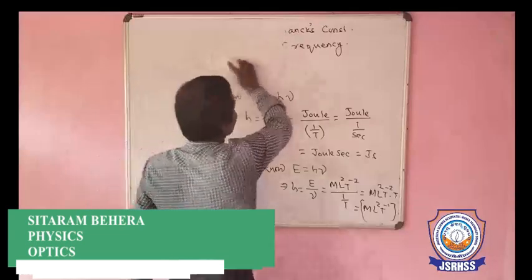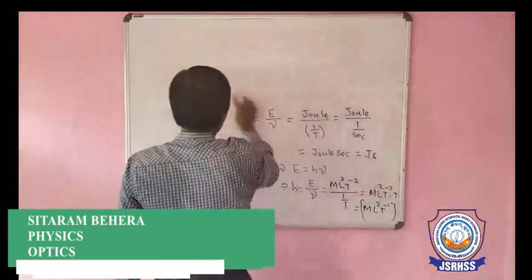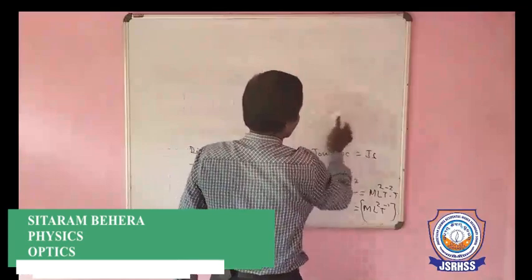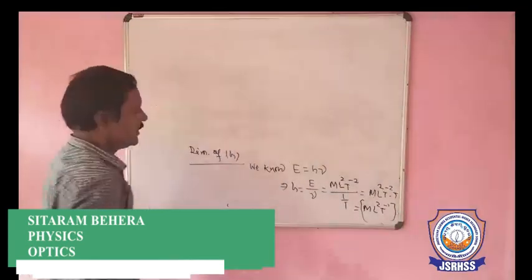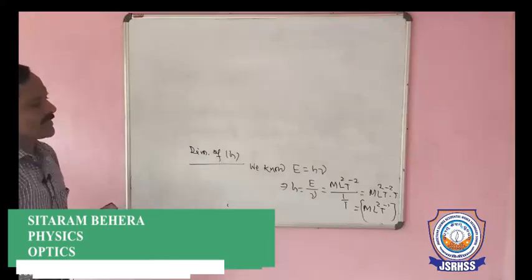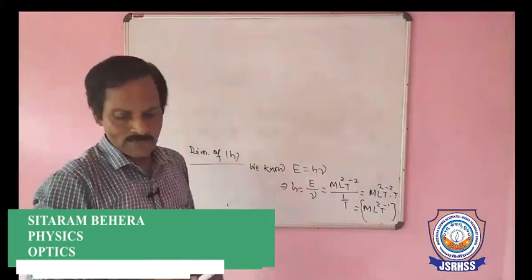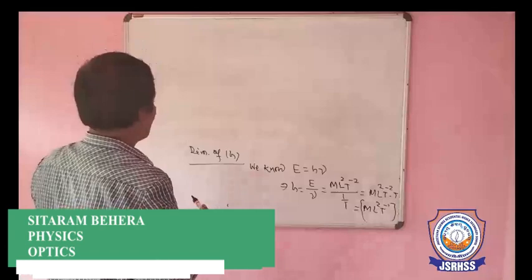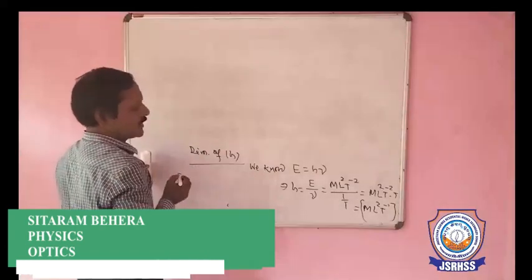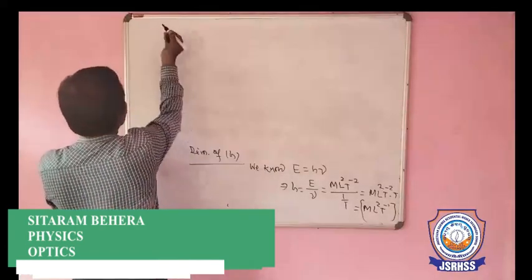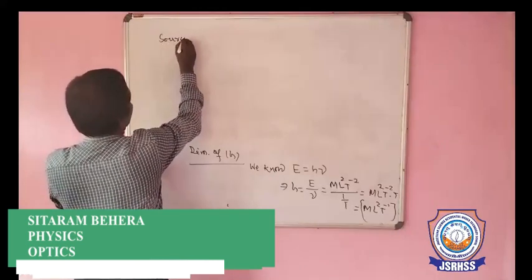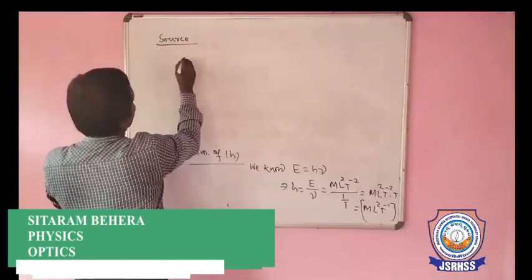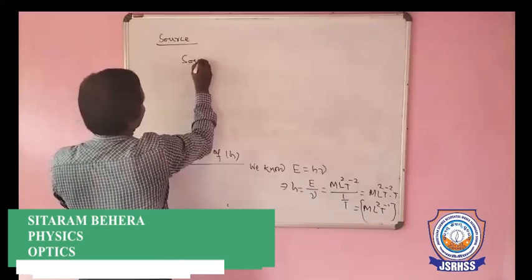So what is light? Say it is a form of energy. It creates the sensation of vision. It is just like a wave, and it consists of a large number of particles known as photon, and the energy of each photon is equal to h nu. Now where is the light coming from? That is your source. Source of light